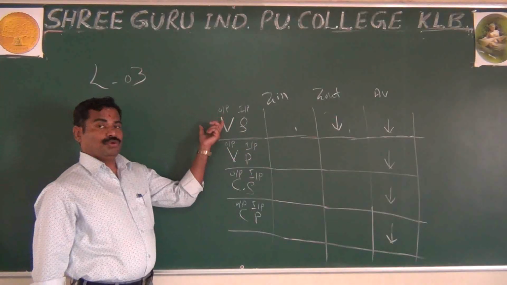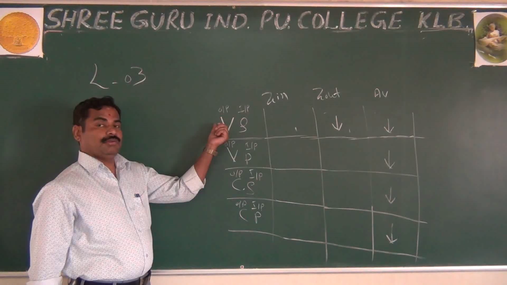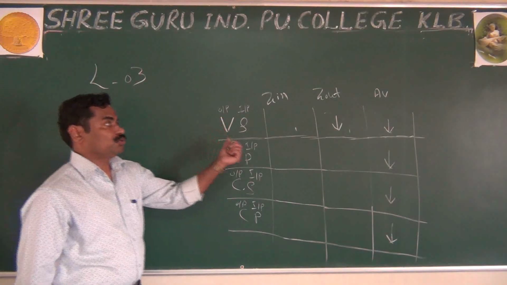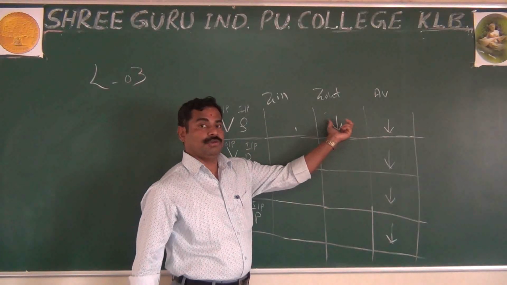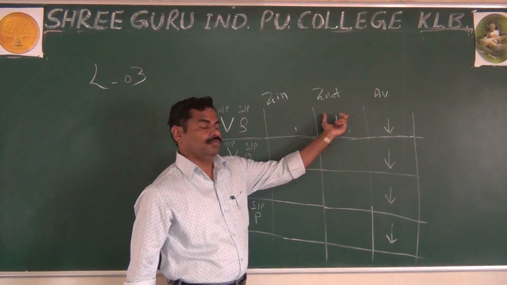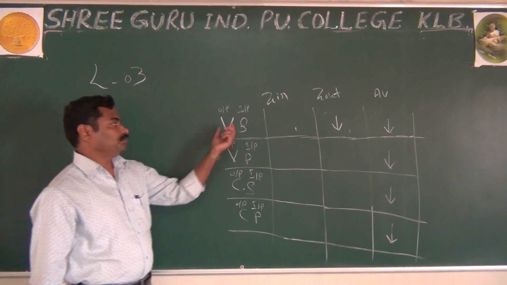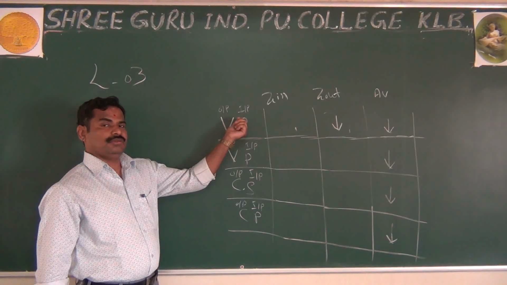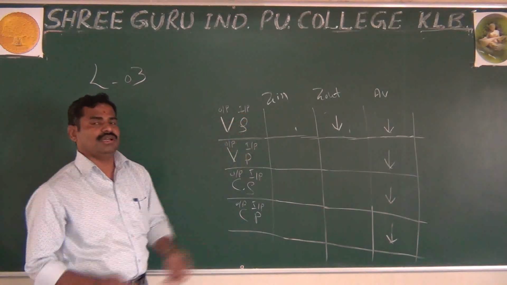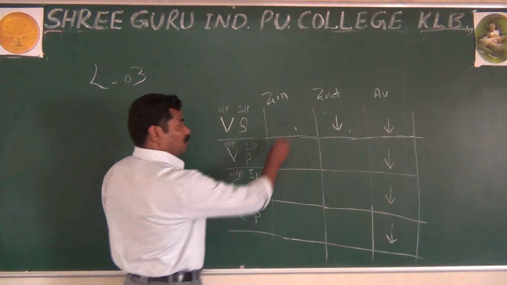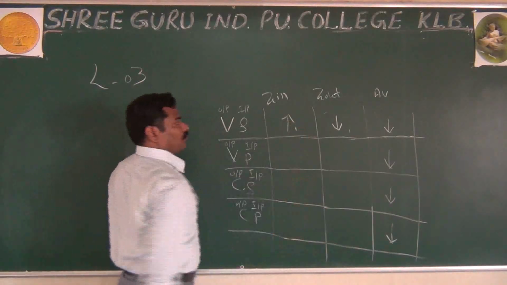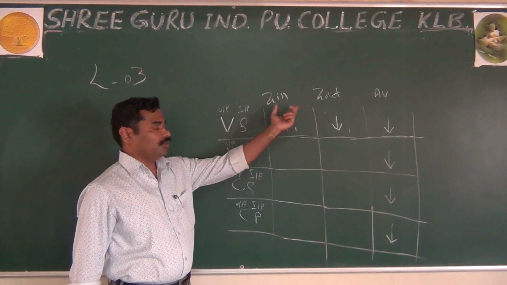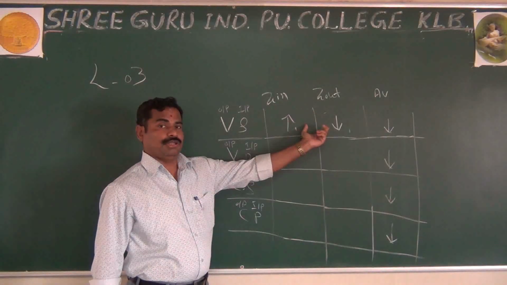Consider the output. In the output you are measuring voltage. How are you measuring the voltage? By connecting in parallel. That's why the output impedance decreases. And what about the input side? You are connecting in series. In series, your input impedance increases. This is a simple way to remember what the input impedance and output impedance are.